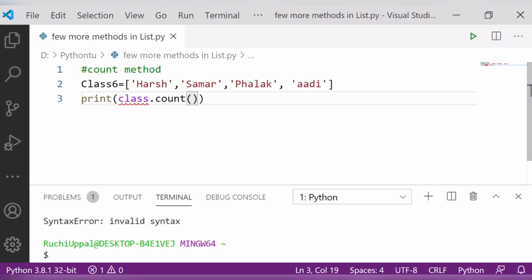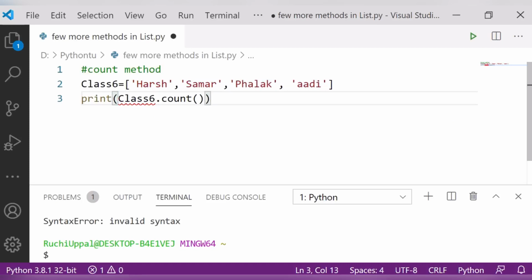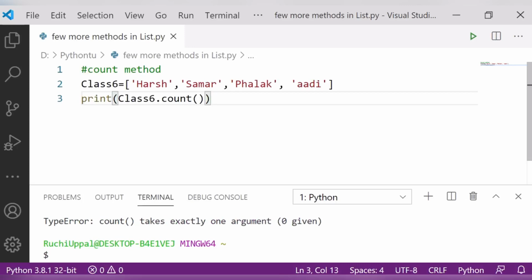It is saying invalid syntax. Why? I have not written the 6 here. Control S, then if I run it again, it is saying it will take exactly one argument, which means nothing is given to count, so it will not tell me how many elements are there.